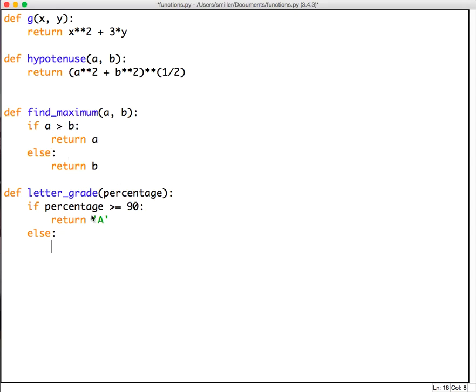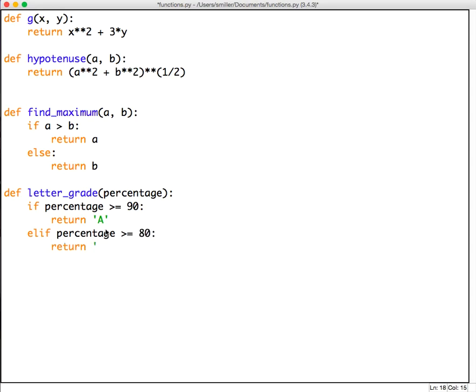Well, now I have more than one choice. I don't have a binary choice. I might want B or C or D or F, right? So I can't just say else here. I have to evaluate if percentage is greater than 80, okay? And so I want to say else if, right? And so the way we do that in Python is they kind of shorten that into a contraction called elif, and that means else if. So if the percentage is greater than or equal to 90, return an A. Otherwise, if the percentage, so we need a second condition here. If the percentage is greater than or equal to 80,